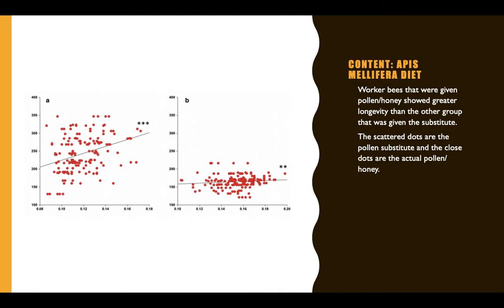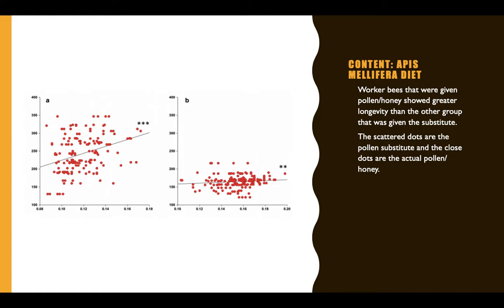Worker bees that were given pollen and honey showed greater longevity than the other group that was given the substitute. The scattered dots are the pollen substitute, and the close dots are the actual pollen and honey. So as you can see from the chart called A, the dots that are spread apart are the ones